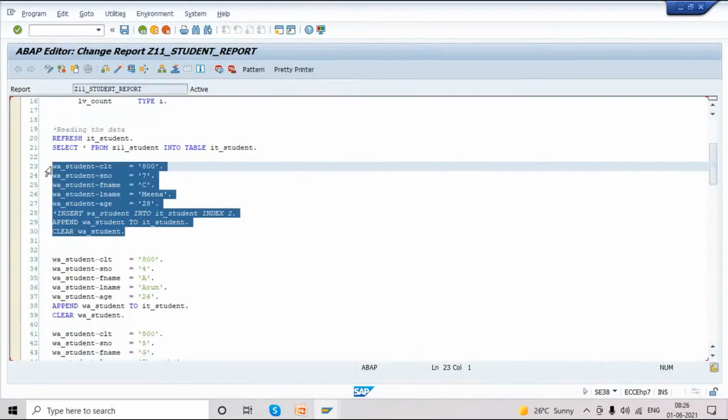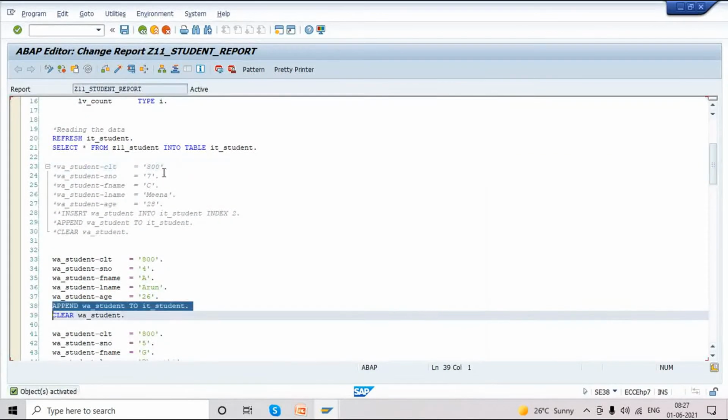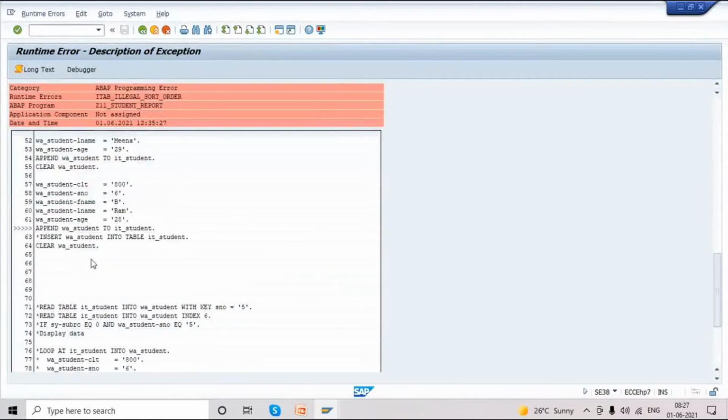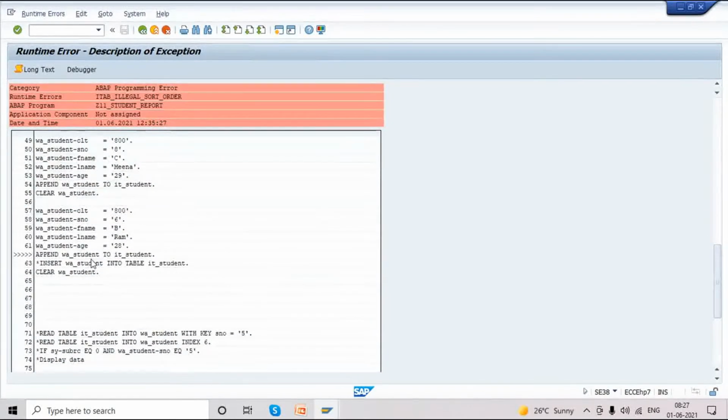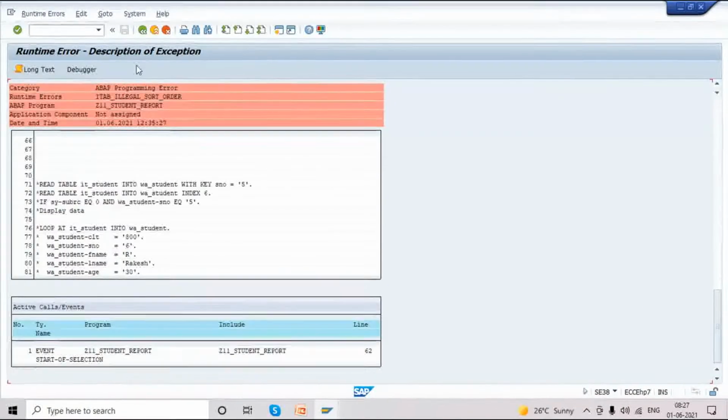If we comment this also, actual append also will not support external append. This time it will throw an error in line number 38 if we execute. We're getting line number 62. So in all the places we are doing append only, so external append is not supported for this.